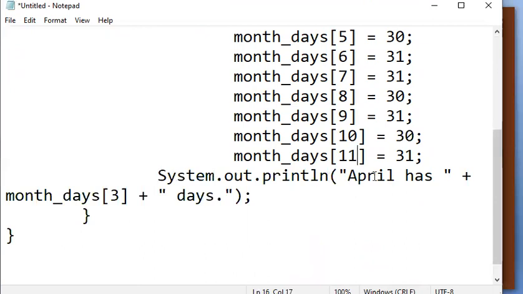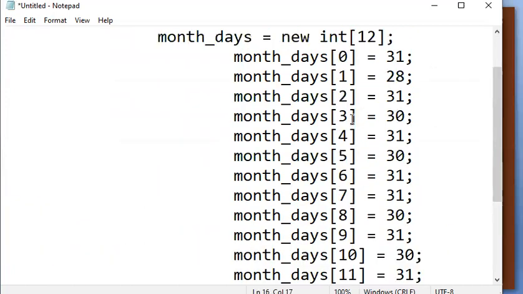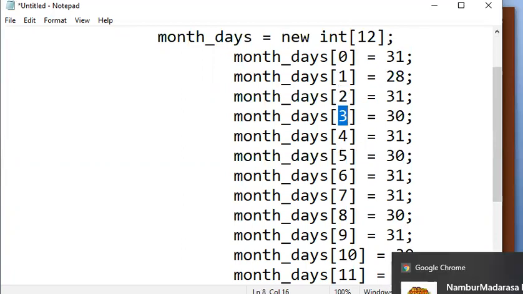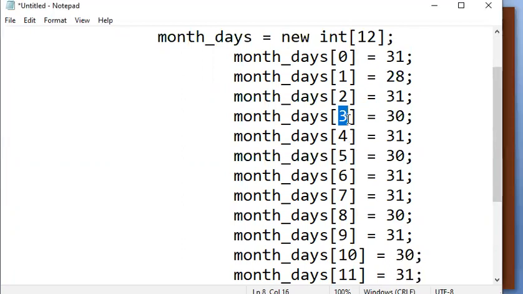If you want to see System.out.println, April has which index? 0 is January, 1 is February, 2 is March, and 3 is April. So 3 is April here.